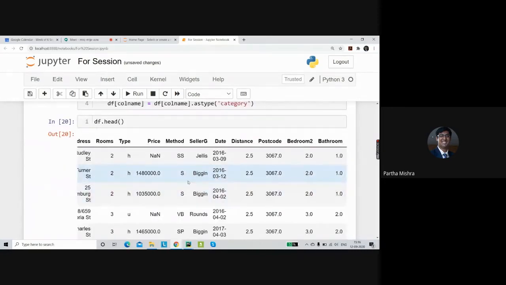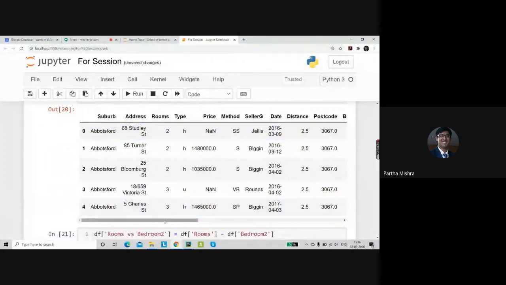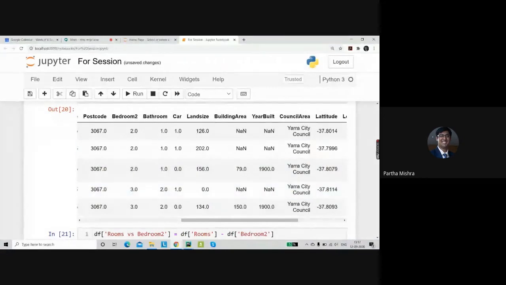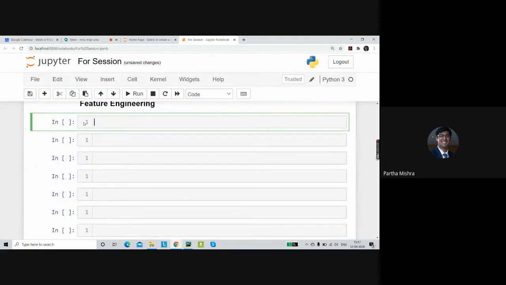If we look further into this data set, nowhere are we finding the age of the house. We might have this information called year built, but that only tells us when the building was built, not the age of the house. So now we will take the help of a little feature engineering and figure out the new variables. For that, the first thing I'll do is find out the maximum value of the year built.